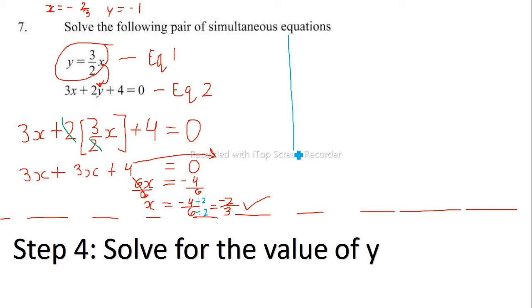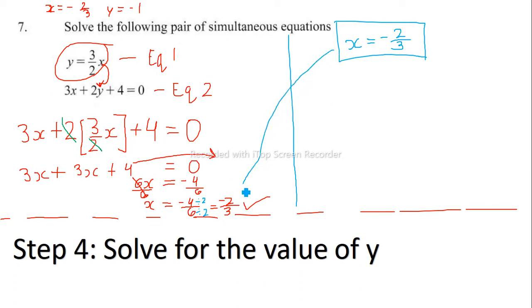So we know that x is equal to negative 2 over 3. That's what x is equal to. And so we're going to use equation 1 where it says that y is equal to